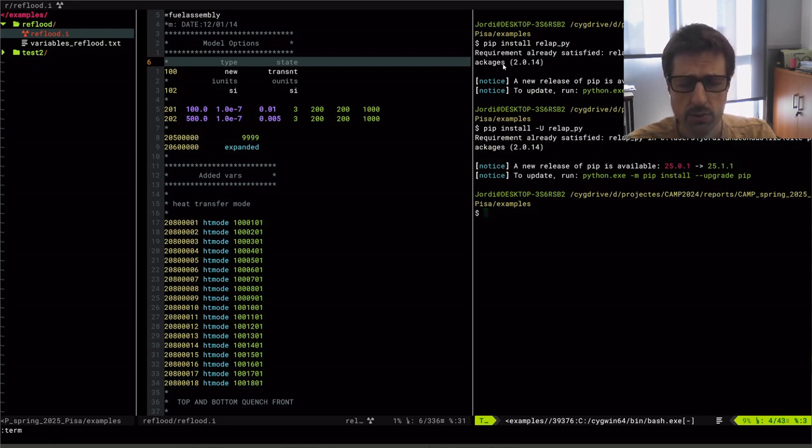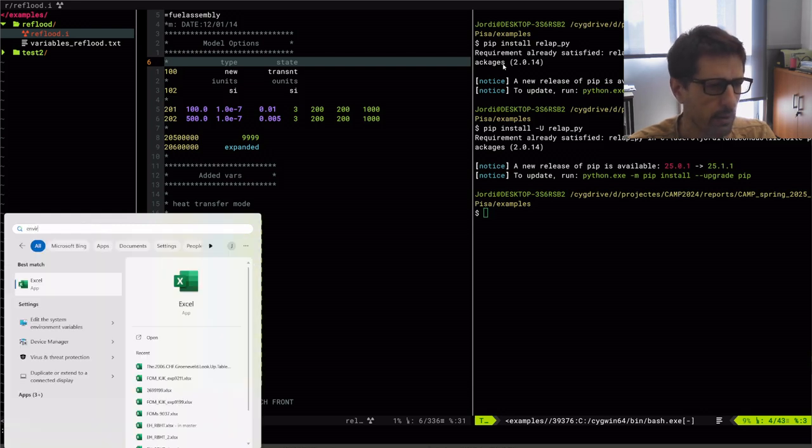The second thing you need to do to install the package is tell Python where you have your RELAP5 executable in your system, because the Python package sometimes needs to extract data, or even, if you want to run cases from within Python, you can do it. If you are using Linux, you would do it with export of a new environment variable. In Windows, which is what I'm working on, you would just open the environment variables,